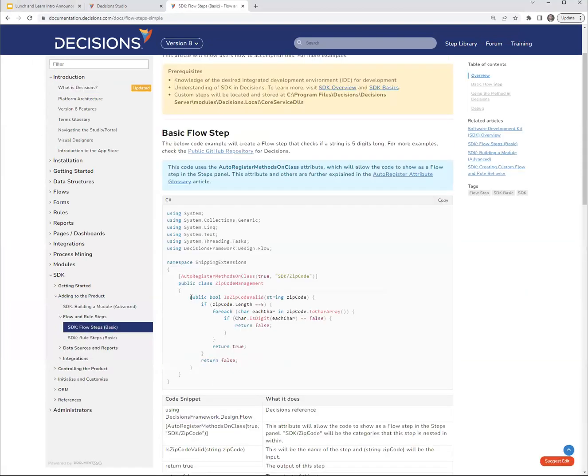So here's a method that checks a valid zip code through some character checks. It takes in a string called zip code, and it returns either true or false, so it outputs a Boolean. In our world, all you have to do in that class is add auto register methods on the class and provide the